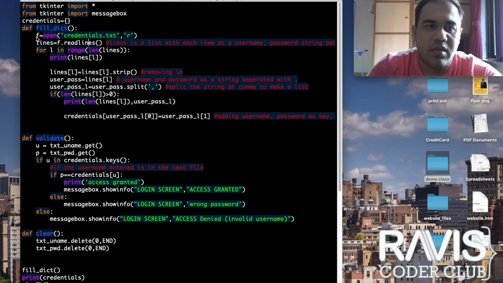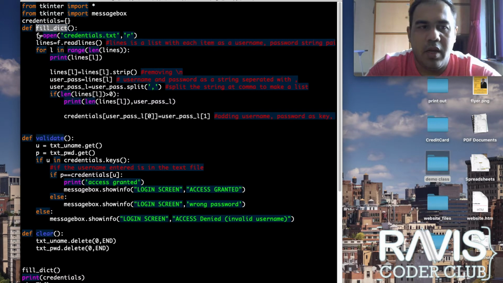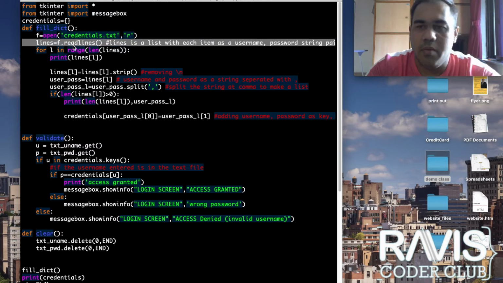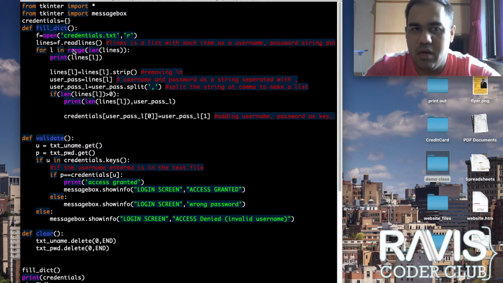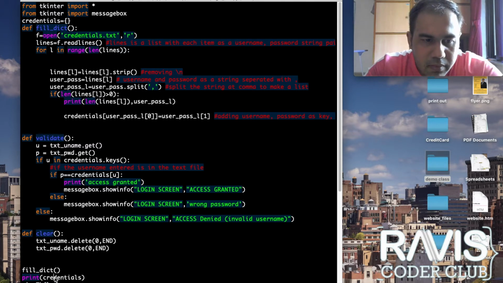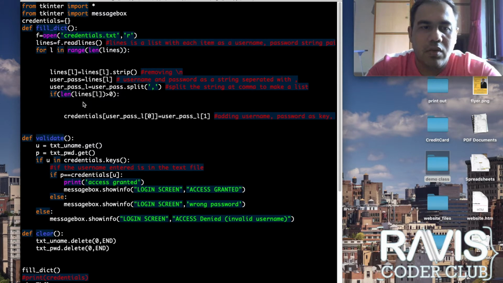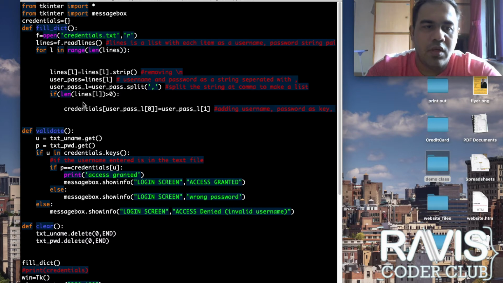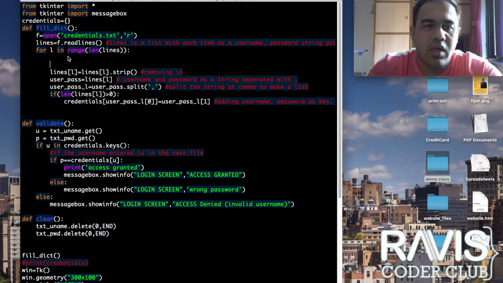So what it does is, this method fill dict, meaning fill dictionary. So it opens the text file, it reads the lines from it. Okay, for each line, for now, for testing, I've just done print L and all that stuff, meaning it's printing all the lines. So let's not have those things. Okay, I'll remove the testing part in 1 second. Print L, so no confusing things should be printed. Okay, so what it does as of now,